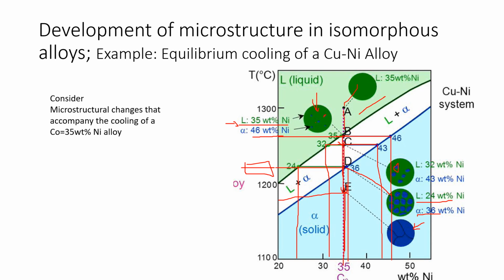So the final solution is polycrystalline alpha phase solid solution that has 35% weight nickel, 65% weight of copper composition. Subsequent cooling will produce no microstructural or compositional alteration, because once the solidus line is crossed, after that no microstructural changes can be seen. Similarly, we can study the behavior of the liquidus line. Above the liquidus line, no microstructural changes will occur. The solution will be 100% liquid with 0% weight of the